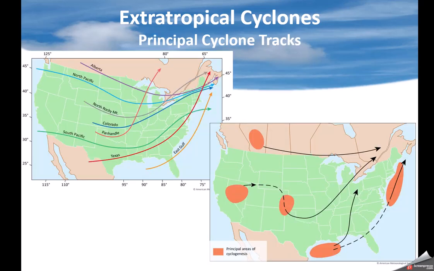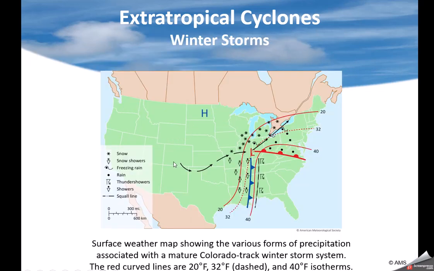And lows can form all over the United States. A lot of our low pressure systems in your area in Ohio come out of the Colorado area or the Panhandle sometimes and move up and across. Along the East Coast, here's your typical nor'easter. And here again, you can see squall lines typically down along the front to the south in the warm sector, snow up to the north.